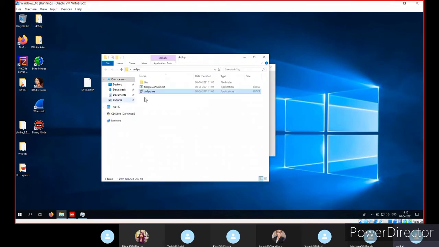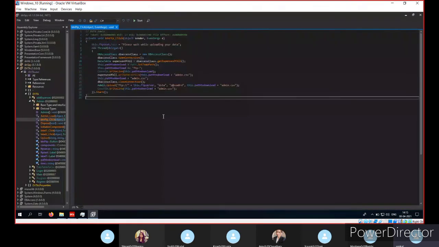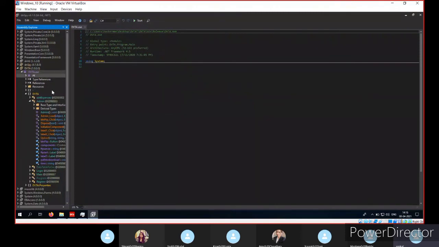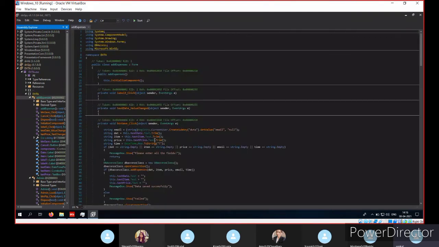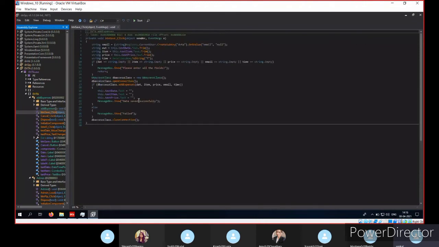There is one tool called dnSpy. Basically, this is a tool with which we can edit the application. For example, this is where we can reverse engineer that application. Here you can see I have already opened this application using dnSpy. dnSpy is particularly designed for .NET applications. If you open the DVTA, these are all the modules that this application contains. For example, we can also call them functions. So you can inspect every code.